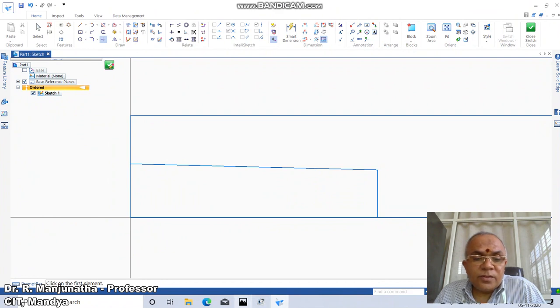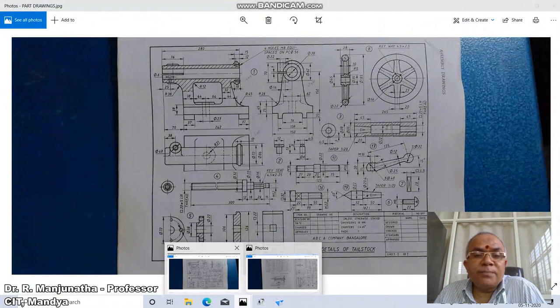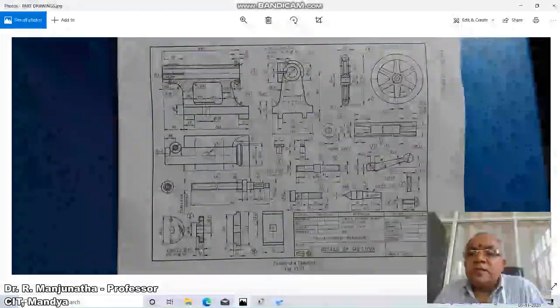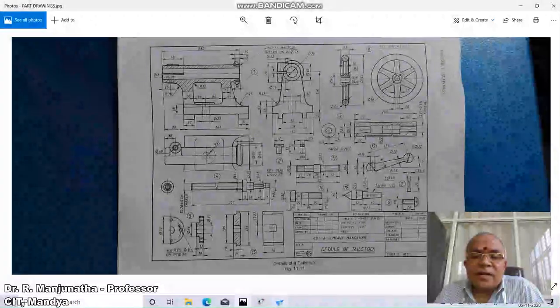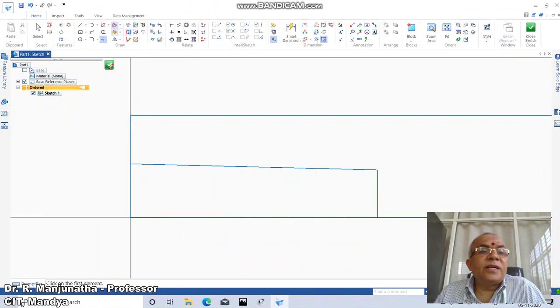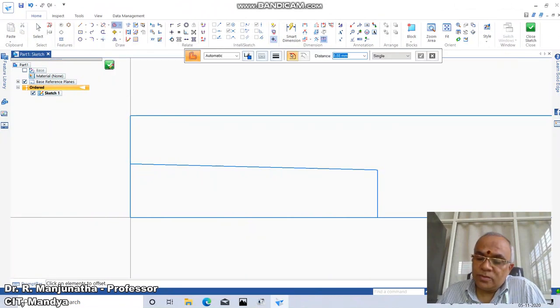Now we have this one side constructed with the taper. Then we have the total distance of 20 here. One way we are going to do this is to create an offset of 45 and the diameter 22. So go to offset, take the dimension as 22, that is diameter, so you are going to take 11.